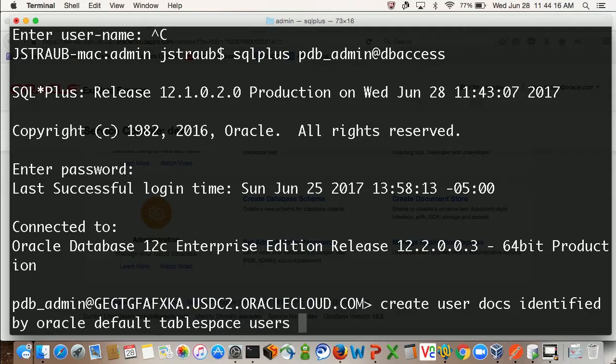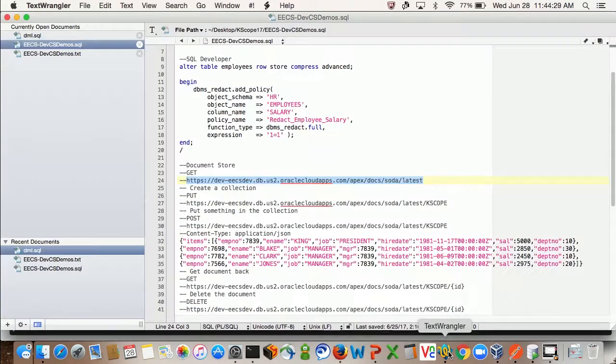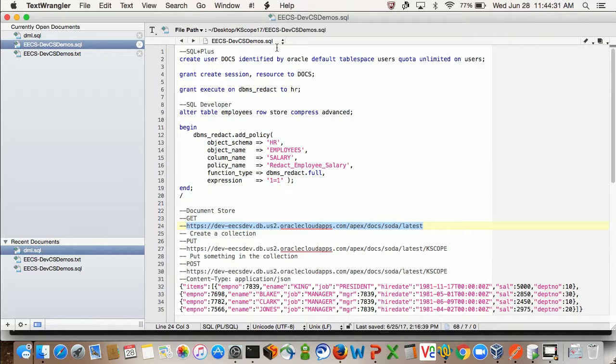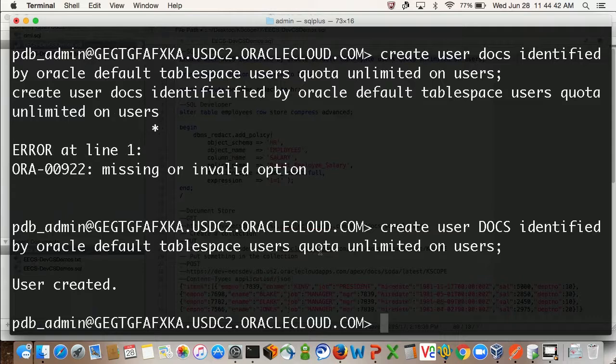So let's give it a default table space and quota unlimited on that. All right. How about we go to a script where I have that already typed out and copy and paste. Might be a more efficient way to do it. User created, great. So now still to be able to connect as this user, I'm going to have to do